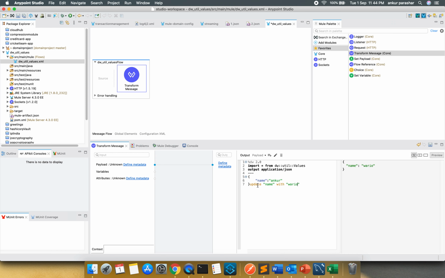Here you can see this could be any payload. You can have this value coming out from a data source, and if you use this update along with the field name, and the value it needs to be updated with, then it will update the value accordingly. There is one more way to write it: just put the keyword field, and it will work in the same manner.